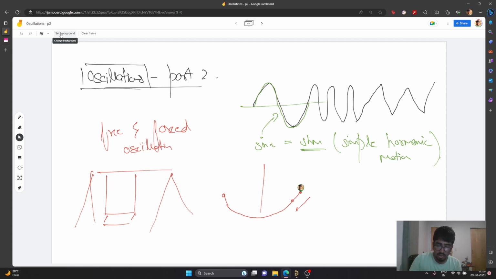But one thing that we notice is that amplitude keeps increasing when you push at this point, but the time period is the same. It'll go faster, it'll come down faster, and then it'll reach this midpoint when it'll go very fast, and then it'll slow down and stop at the top, and then come back down,